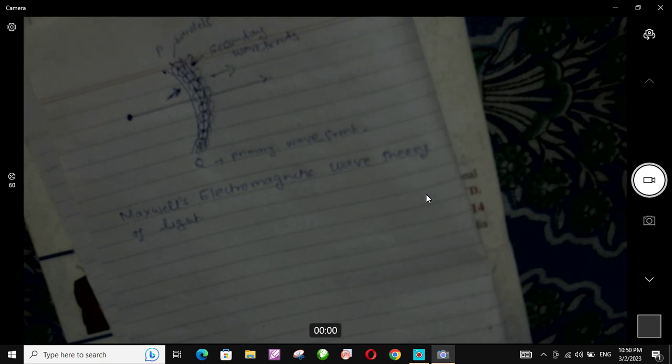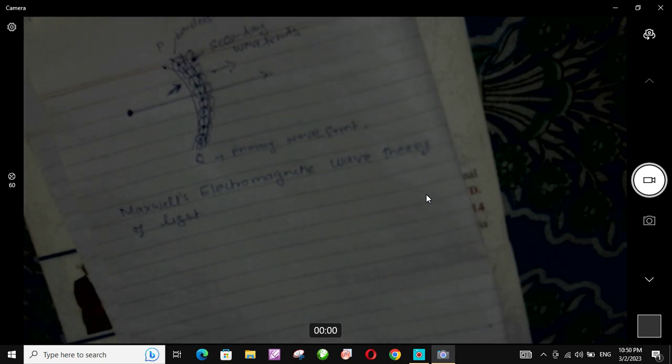He worked on this theory by taking the different equations proposed by Faraday, Henry, and Ampere, and these are called Maxwell's equations. But these equations were already derived by other scientists. With these four equations, he discussed his theory in detail,